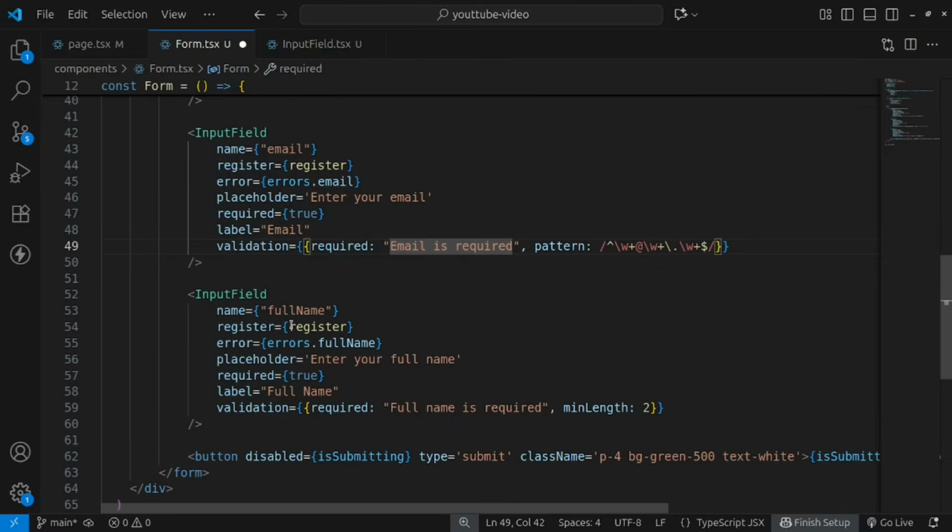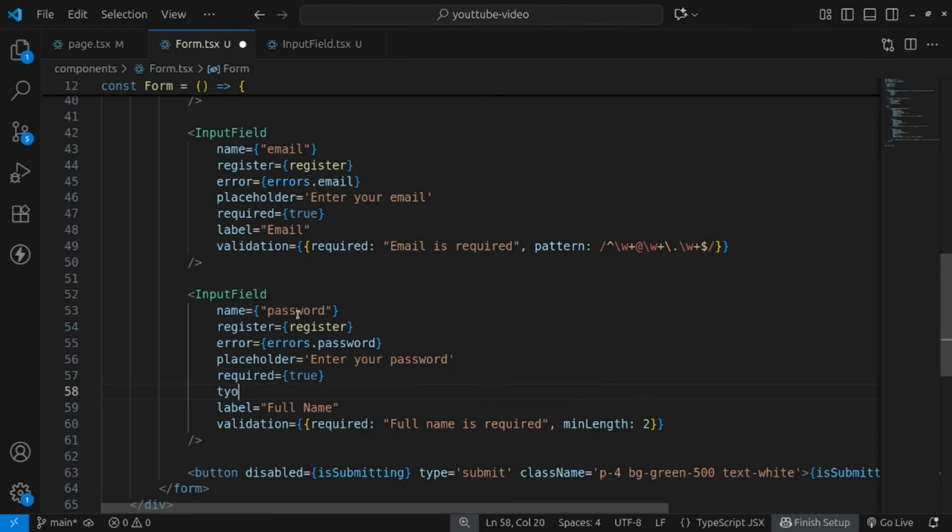And another thing is the input field for password. The name will be password, and register will be as it is, and the errors will be stored in password, and enter your password. And here we can also pass the type. By default the type was text, but for password we want the type to be password, because when we send the type as password in the input field, we will not be able to see whatever the user is typing. So enter your password, required true, label can be password,